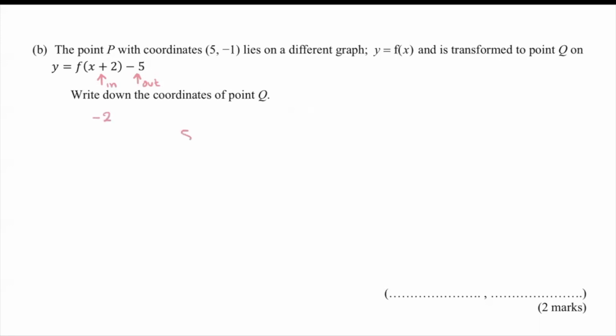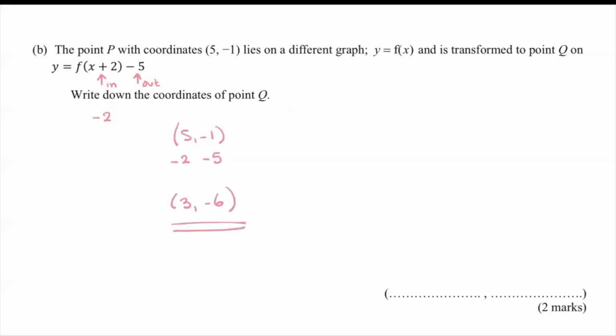So we've been given 5, -1, and we will be taking away 2 from the x coordinate. The -5 is away from the x, and you do exactly what you see. There's no change of sign here. So we will take away 5 from the y coordinate, and that will create us 3, -6 as the